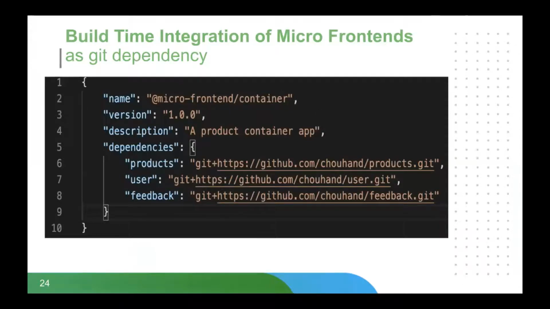So one way is you can add it as a Git dependency. Here you can see I have taken a snippet of package.json. Here the micro front end container will be our container app, and these dependencies are our micro front end apps. I have added it as a Git dependency, and this Git repository will be exposing its component or entire application via bundle.js. In bundle.js, you can expose a function, or you can expose an entire application. So you are adding it as a dependency.